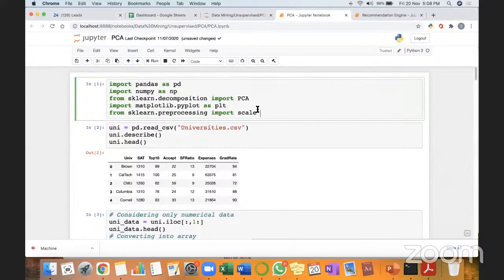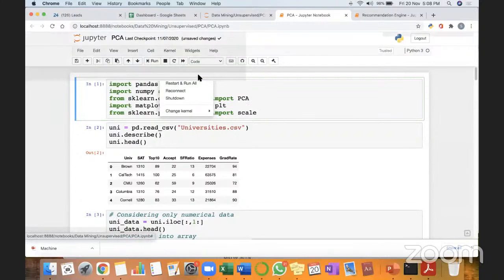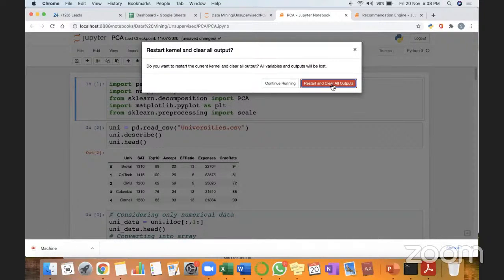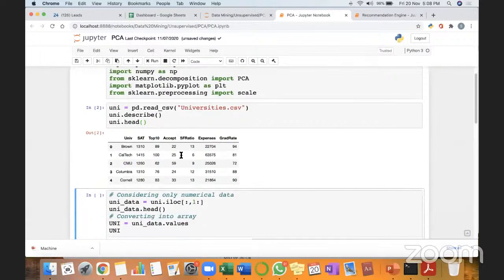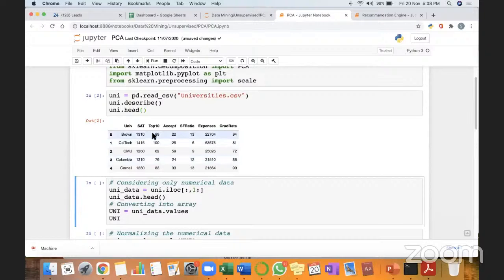All right. So these are the libraries we have to import. ExcelR from that PCA, and this matplotlib is for the visualization. So we are going to visualize these first two components. Right. So let us load the data set, and you can see here this is the same university data